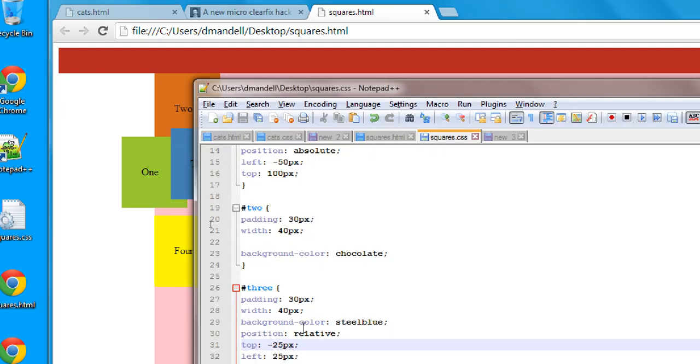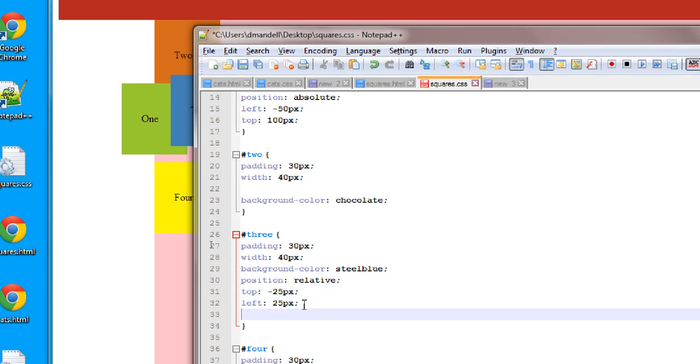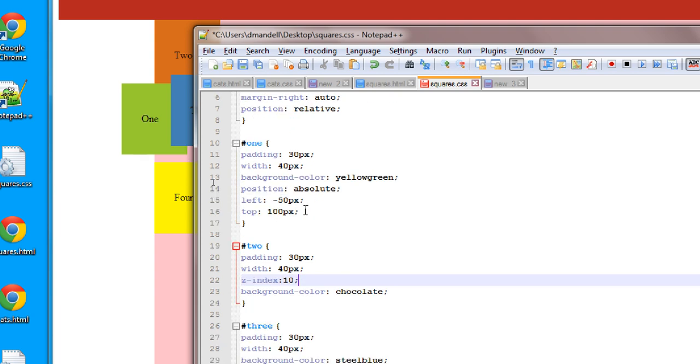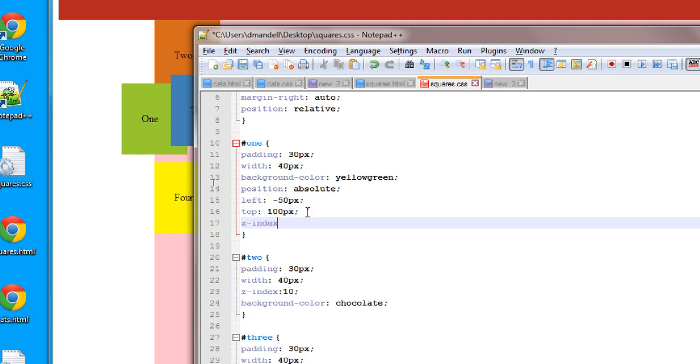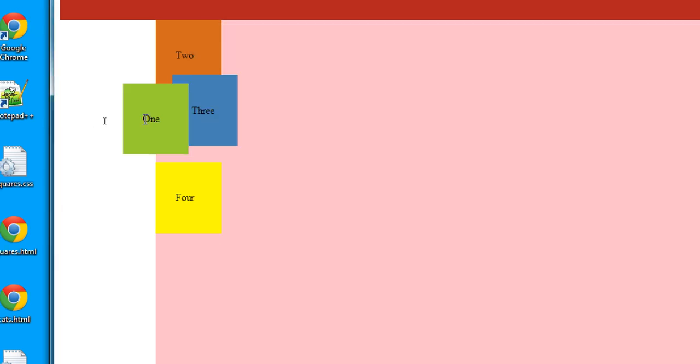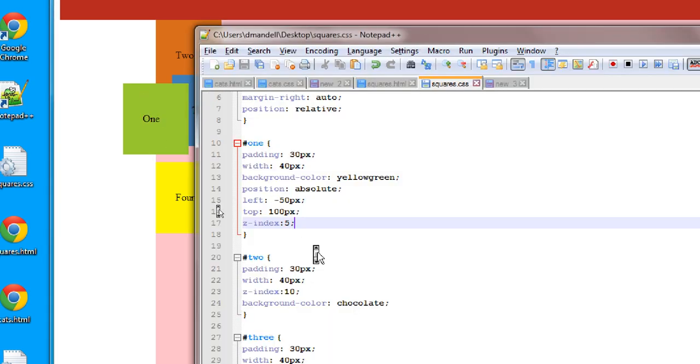One of the things that you can use is a z-index. What the z-index property does is it says this one needs to be on top. So I'm going to make this z-index 1. Number 2, I'll make z-index 10. And number 1, I'll make z-index 5. The numbers don't matter, it's the relation. The item with the highest z-index is always going to be on top of anything with a lower z-index. So if I refresh, you'll see that number 1